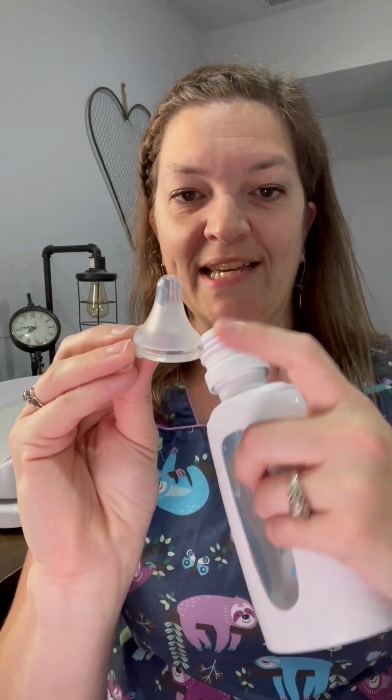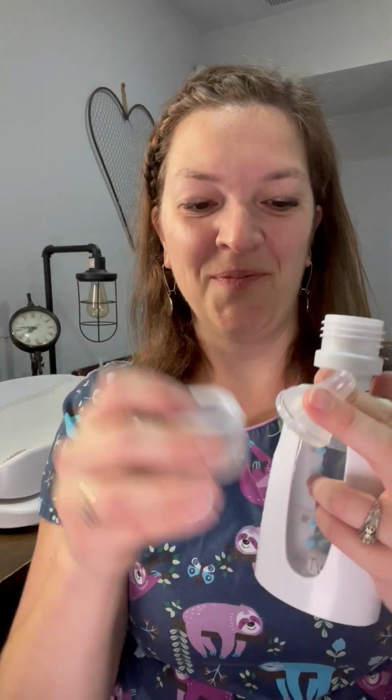This nipple has a nice taper to it. It's the same parent company as the Lansinoh, also one of my favorite bottle systems. You can pop out your Dr. Brown's nipple, replace it with a Pigeon nipple, and now you have a nice tapered bottle system that would screw right on, right onto this